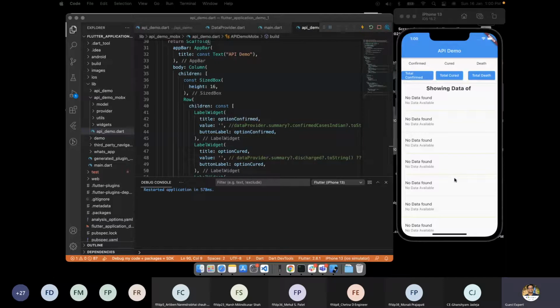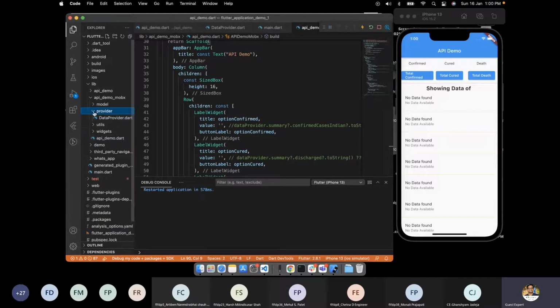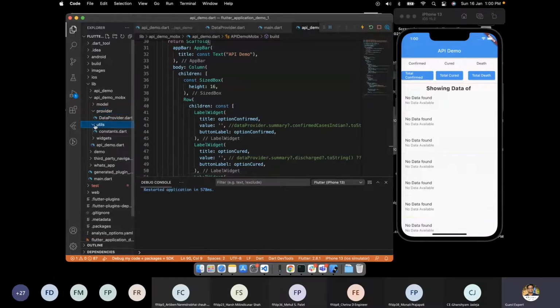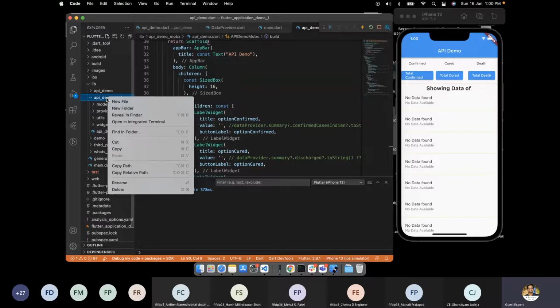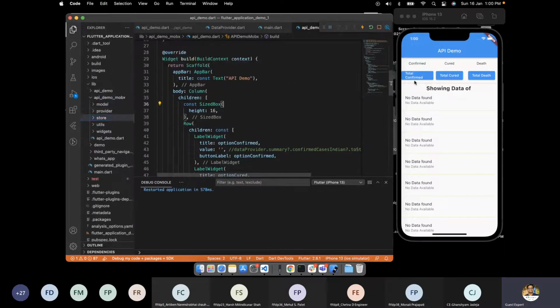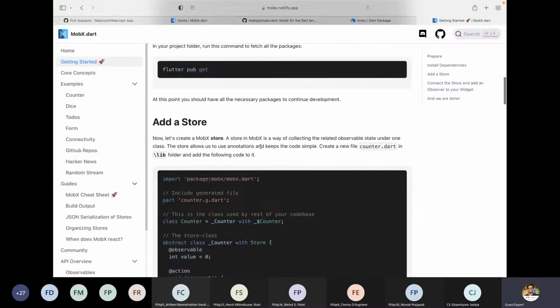And let me remove the unnecessary stuff, which is the provider. So we'll delete later because we might need some of the things from here. So we'll create another folder called store. Now in the store, what we want, add a store and create a MOBEX store.